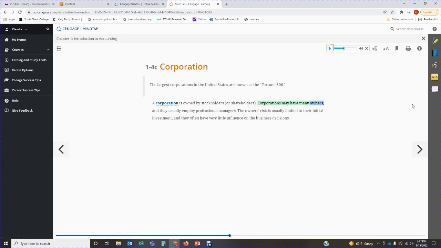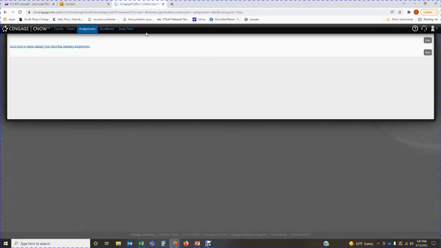So these are just some of the features that the MindTap reader has available to you. You can go in there, play with it. You can make the size bigger, smaller, whatever the case might be. The first thing you do is you read, okay? And then